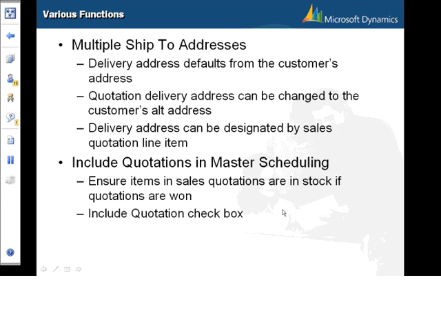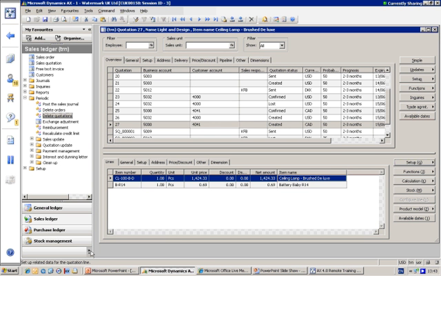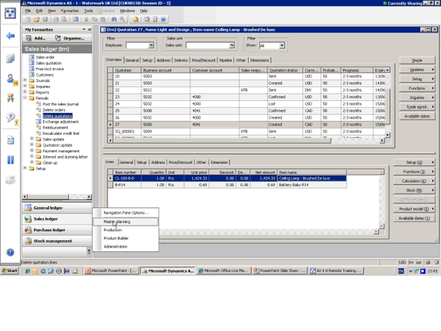Include quotation in master scheduling. To make sure that the items in sales quotation are in stock if quotations are won, select the Include Quotation option on the General tab of the Master Plan form in the Master Planning module. So if I go to my Master Planning module,